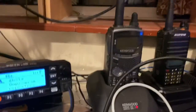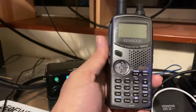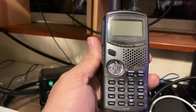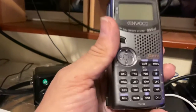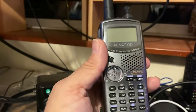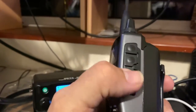The next one that you'll see here, which I'm really excited about, is an addition to accompany my SSTV unit. Now this took a serious bit of hunting and eBaying, as in setting up an eBay alert for when this came on and being patient and waiting for it to turn up. As you can see, this is the TH-D7 portable transceiver, and you'll see on the side here it has a connection, and I've got the cable for